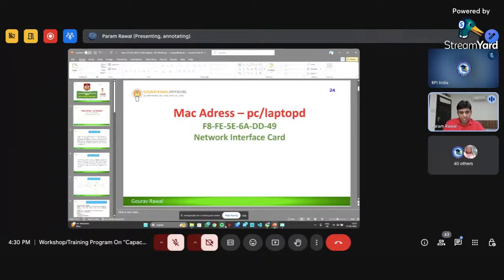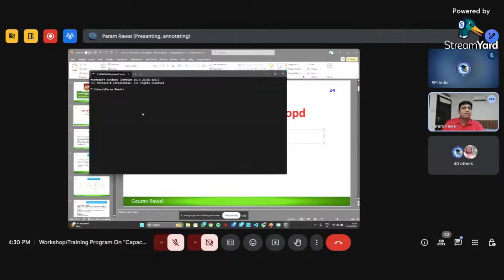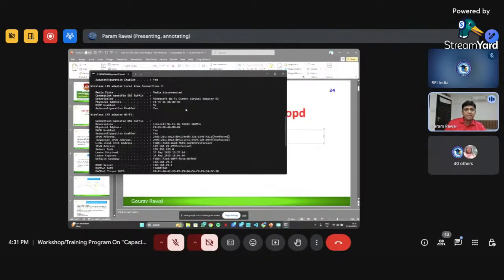So again, Windows plus R, go to the run command, type CMD and type ipconfig /all. You may be surprised.